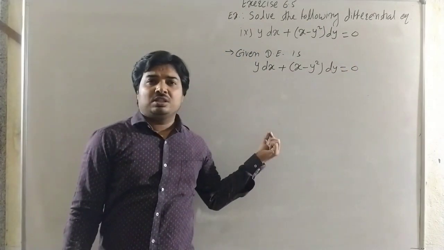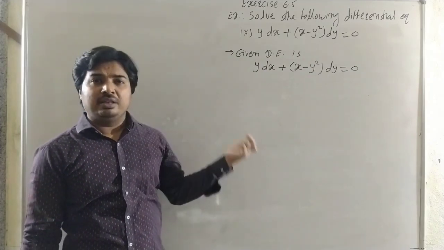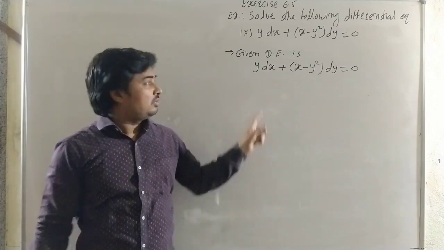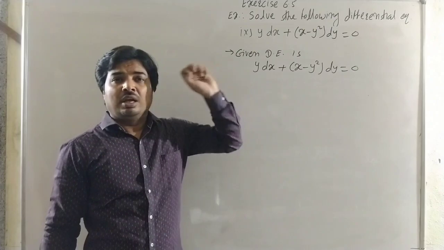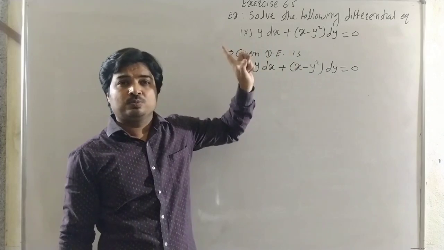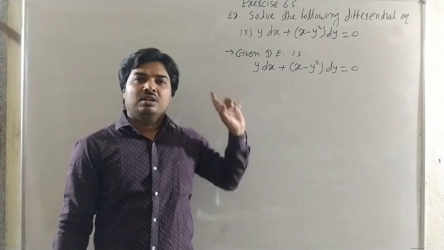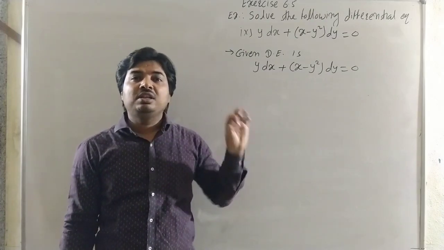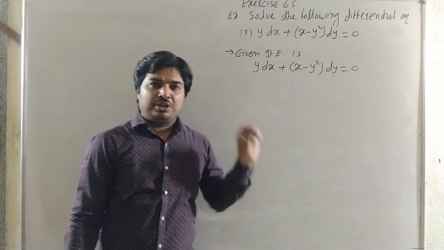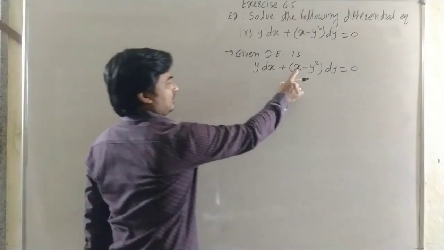Now here we write this equation in dy by dx or dx by dy. When we write it in dy by dx, if it is a linear differential equation, then the degree of dy by dx is 1, and the degree of y is also 1. But here the degree of y is 2, so it is not a linear differential equation in y. Now we check whether it is a linear differential equation in x, with dx by dy. The degree of dx by dy is 1, and the degree of x is also 1. Here it is x.